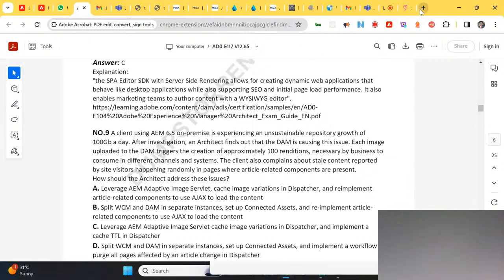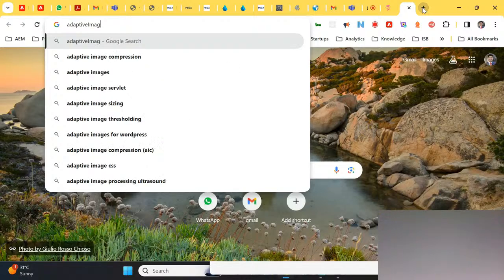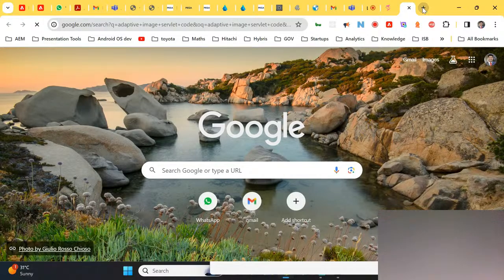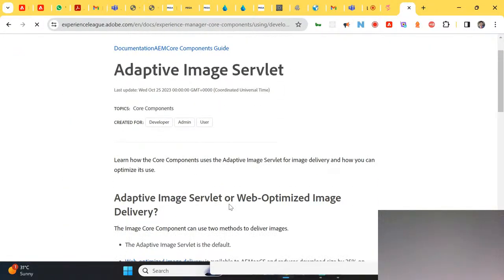So I'll showcase. It is basically creating renditions based on the pixel sizes.